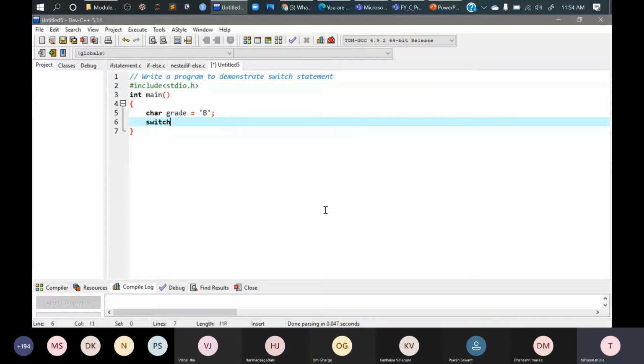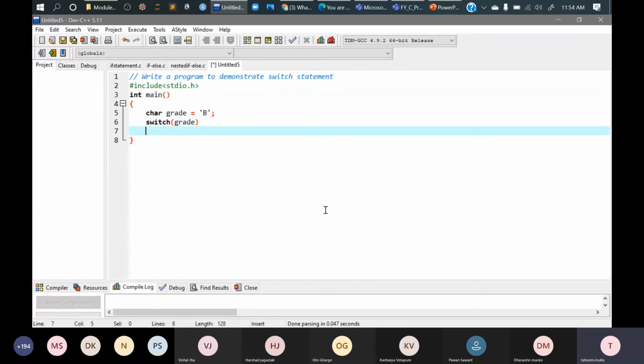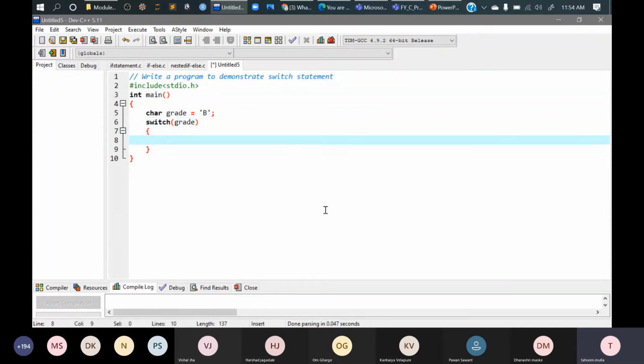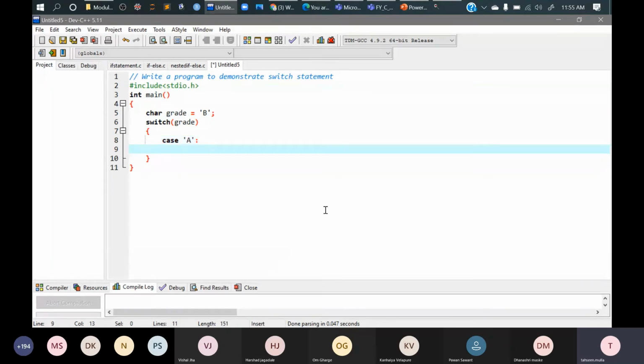I'll put on the switch case. Which variable are we going to operate on? Grade variable. Now, the scope of switch starts from here. How to declare? We declare it with case. So case first is A, colon, enter. If the case is A, what has to be done?